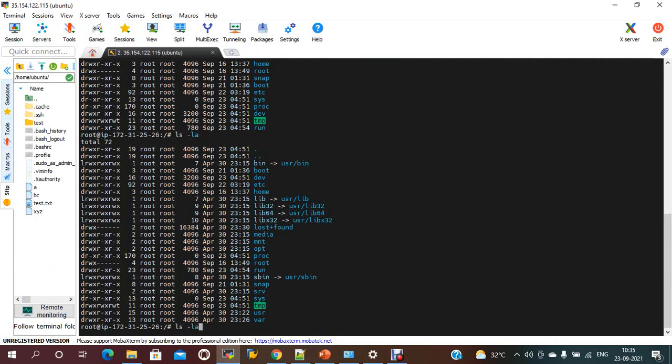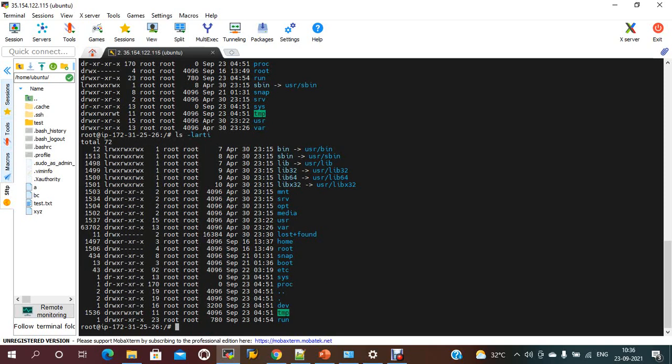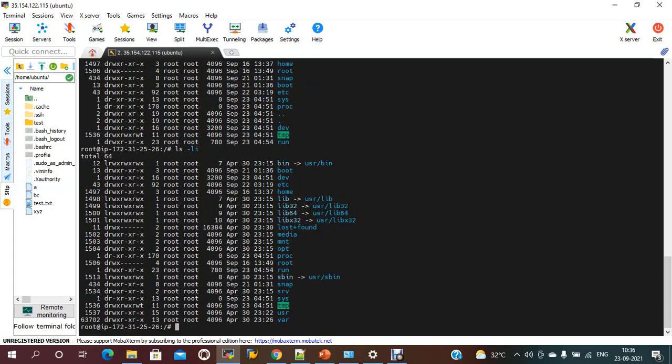Suppose ls -l a, we can combine options and give a command to see all of this, like lrti. If you need to see inode numbers also, you give ls -i, and you will get the inodes of the files.